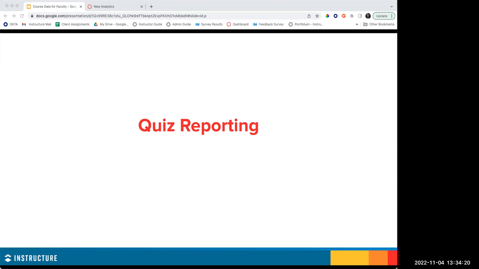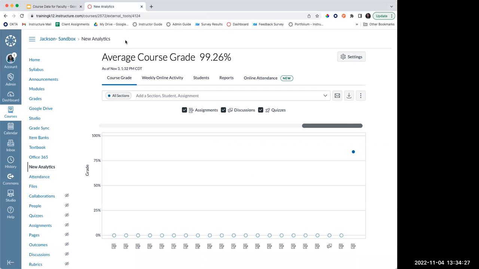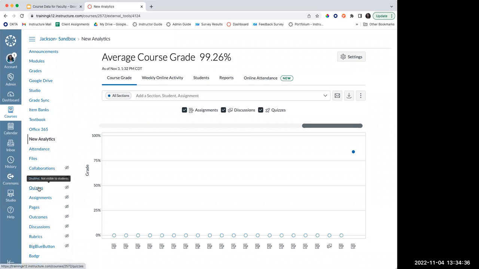So when it comes to taking a look at reporting inside of Canvas, we have a report. And if you were in the session yesterday with the new quizzes and classic quizzes, or earlier this week, then you may have seen this, but I want to just cover this for those who were not there. So if you go to quizzes,